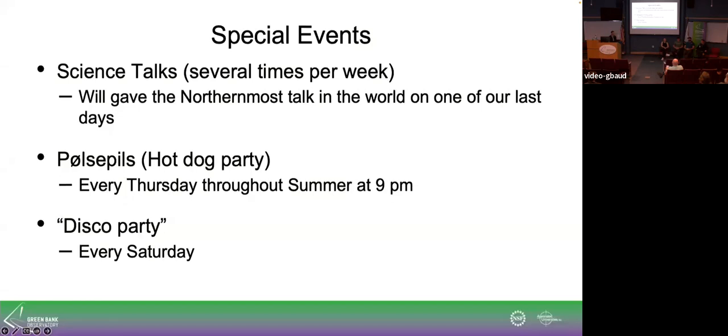They also had science talks throughout. Most of these were marine biology. I probably gave the only radio astronomy talk there in several years. It was very well attended, but not many people knew much about radio astronomy at all, which is kind of cool. And then they mentioned the Pulsar Pills, which is the hot dog party on Thursday,